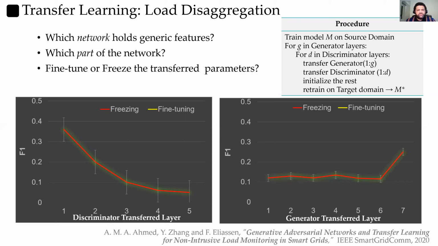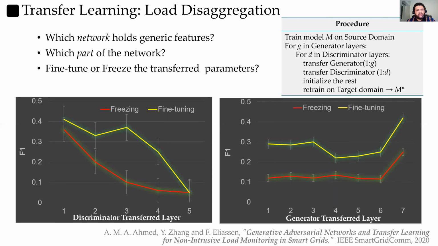From the generator perspective, the right figure shows the performance seems to be stable, with the best value when transferring the whole generator, which is somehow an indication that the generator mostly holds generic features common between the two domains.